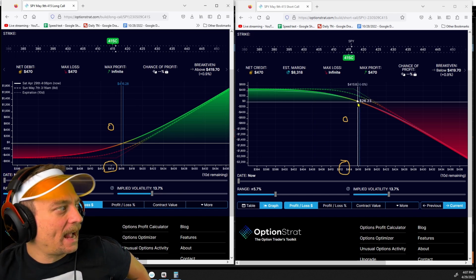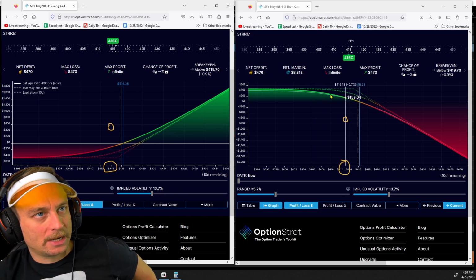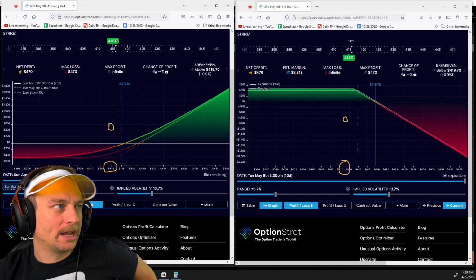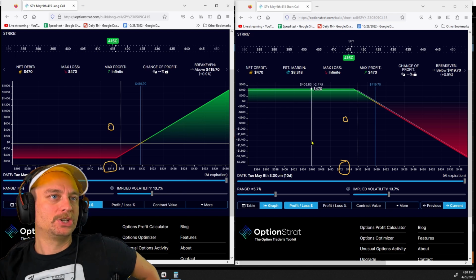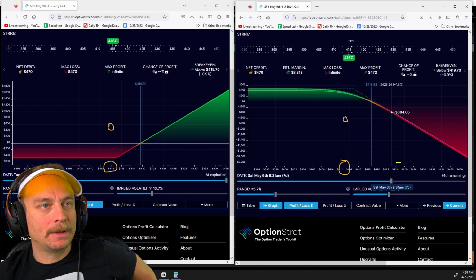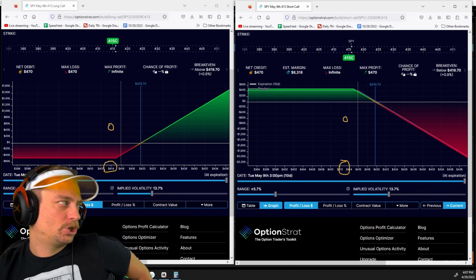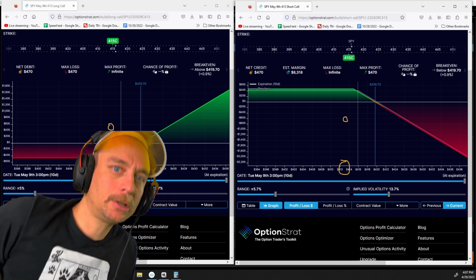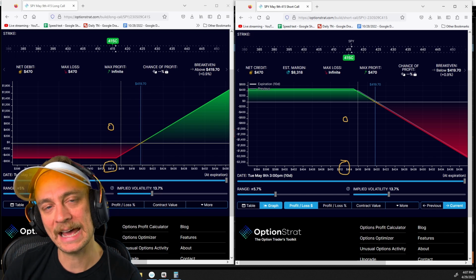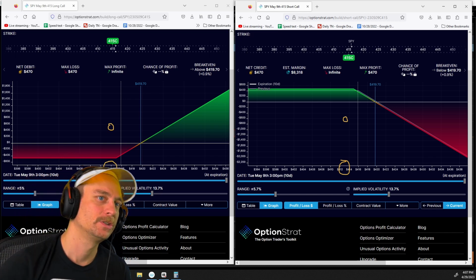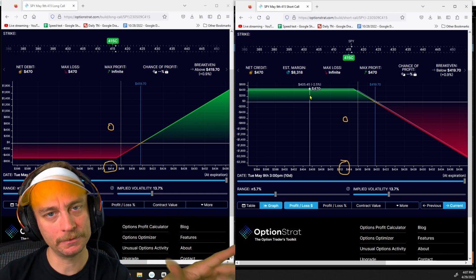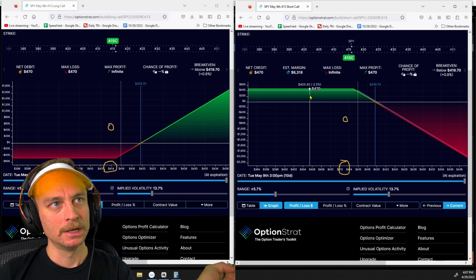And again, this is day one. As soon as we put these contracts on, it starts the curve. But again, at expiration, that's what it starts to look like, right up at expiration. So this is getting dragged backwards and backwards, and you're making more and more money on the insurance guy. Because as we get closer to expiration, the likelihood of things getting messed up is becoming less and less as time decays. So that's why that curve is sort of getting dragged backwards.